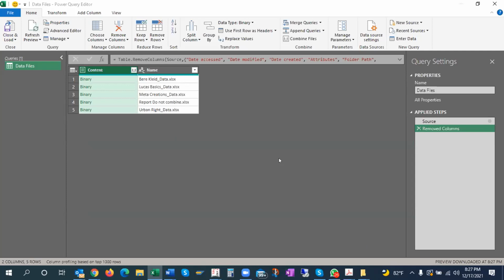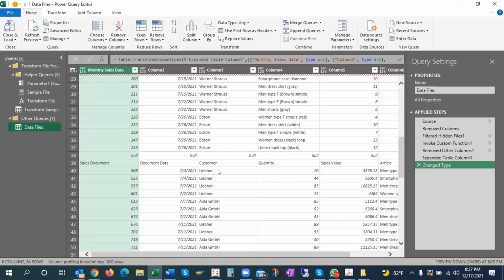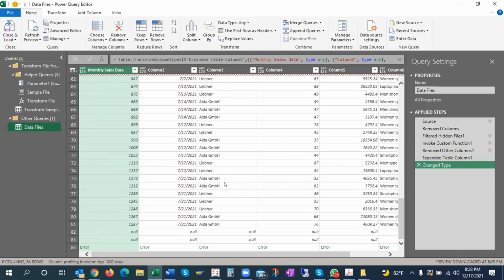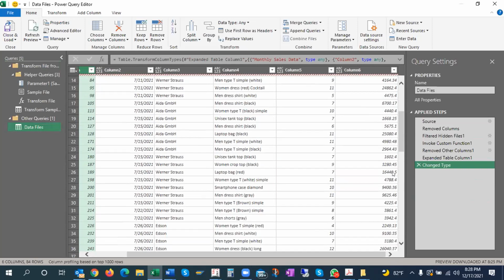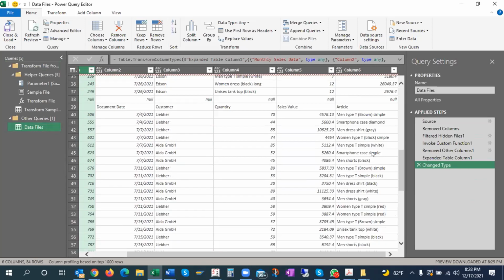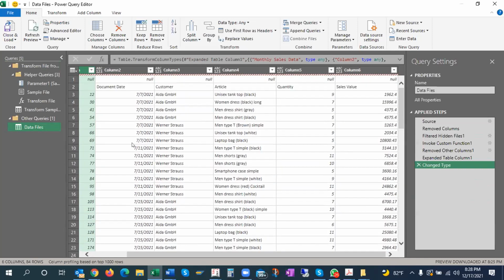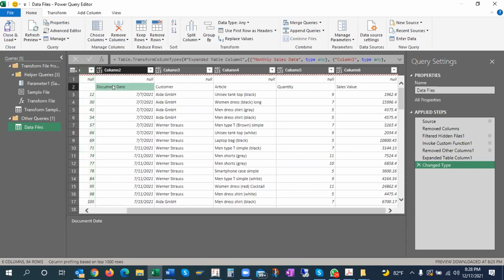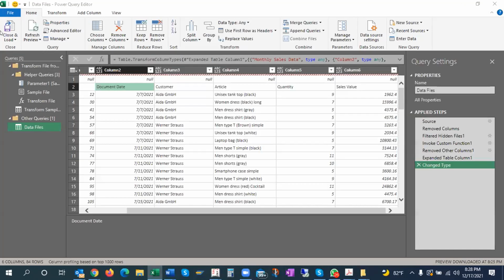Okay, now see what it does. It has opened up all the folders. If you see on the right hand side, one minute. It has not picked the correct headings because the headings were different. So first, what I am supposed to do is I have to go to the folder again and I have to convert this into a table.